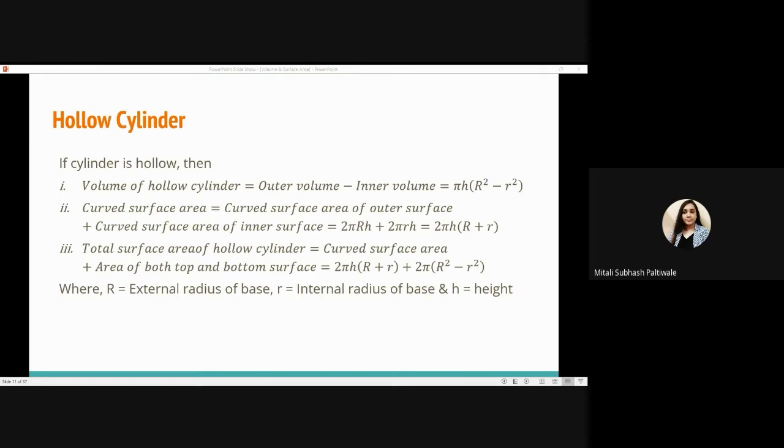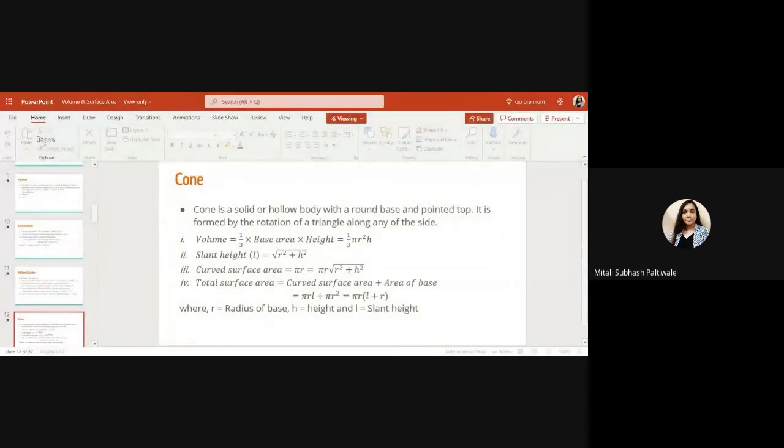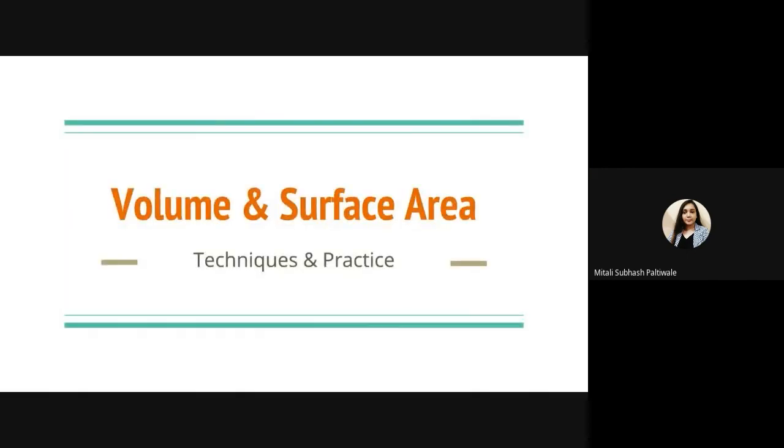Okay, so let us get on to the other shape which we were left with. We were supposed to start with the cone. A cone is something which we have seen many times, like an ice cream cone, like a happy birthday hat. So that cone has some shape, some size, some area, and also some volume.